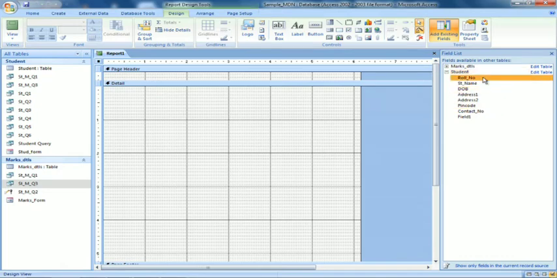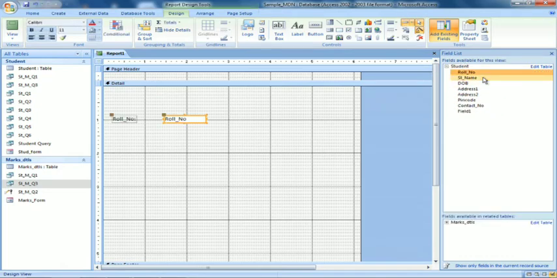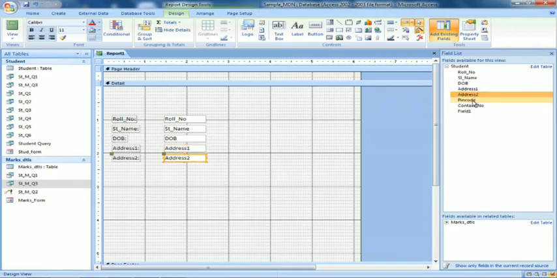The fields come here: roll number, student name, date of birth, address 1, address 2, pin code, contact number. These are the fields which I want.